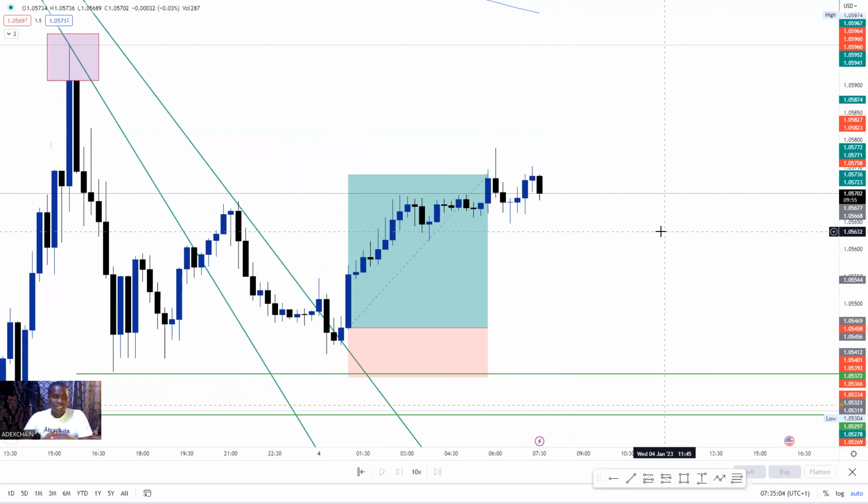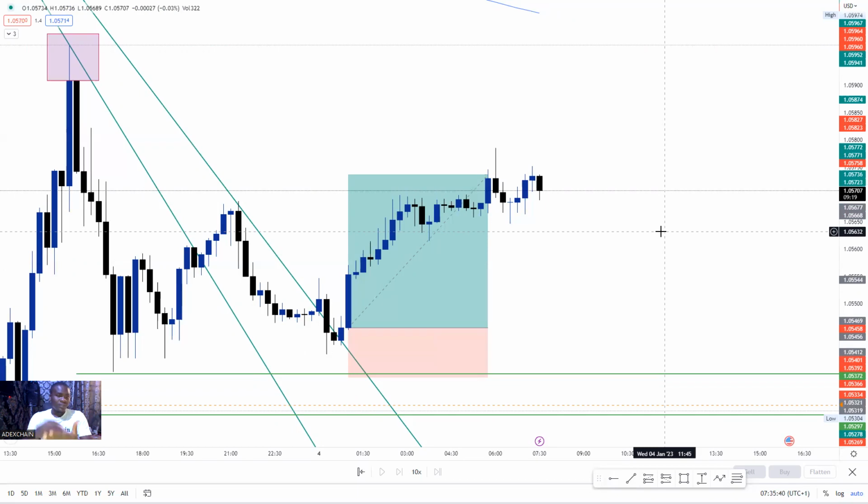If you don't understand what proper risk management is, or you don't practice it, you will keep blowing accounts. You'll be like, what's happening? If you have a prop firm account or an account of $5,000 or $1,000, I won't be risking more than $50 on it. If you have a good strategy, out of 10 setups in a month, if you win 7 or 8, even if you win 6, you are still good if you follow proper risk management.